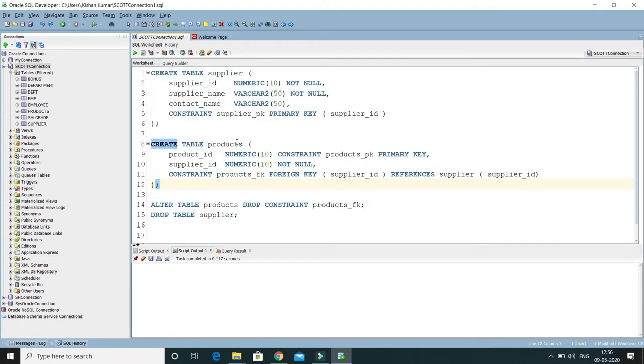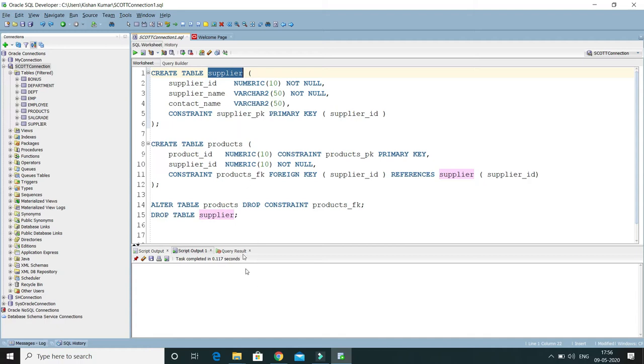If you look into the relationship between the two tables, we have this parent table and this is the child table. In the child table we have a foreign key definition. We have defined a foreign key named products FK, and this column represents the foreign key in the child table, which is referring to the parent table. This column is nothing but the primary key column. So the primary key of this is a foreign key in another table. So if I try to delete this parent table, then Oracle will not allow me to delete.